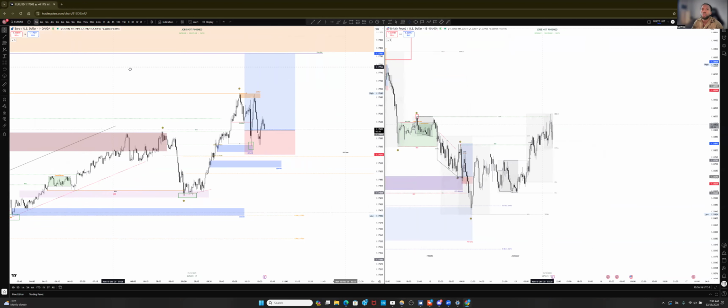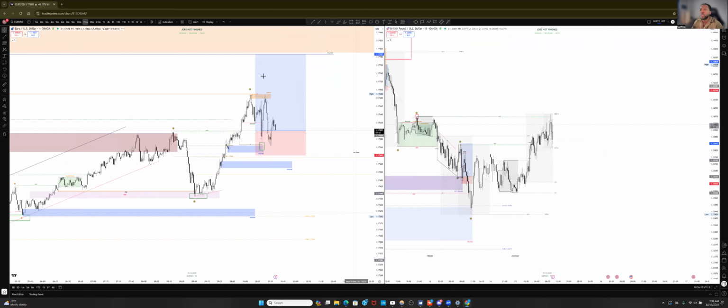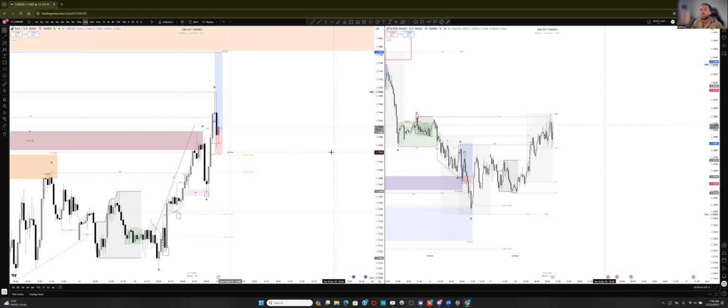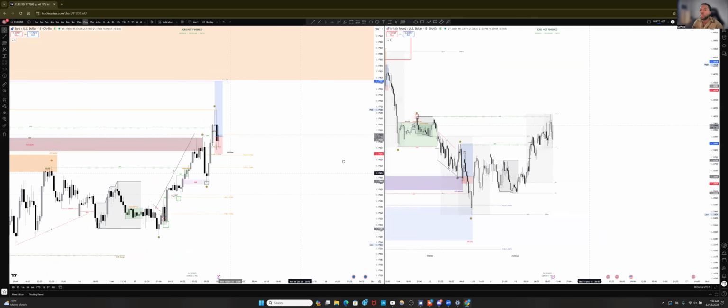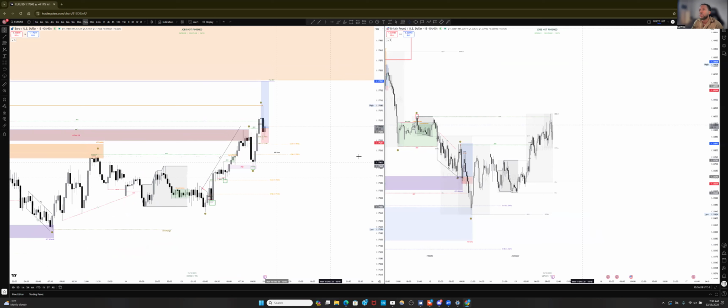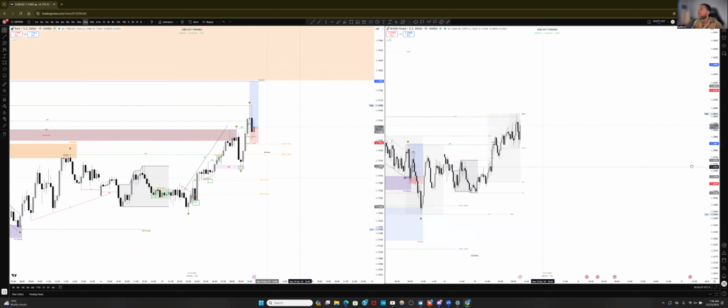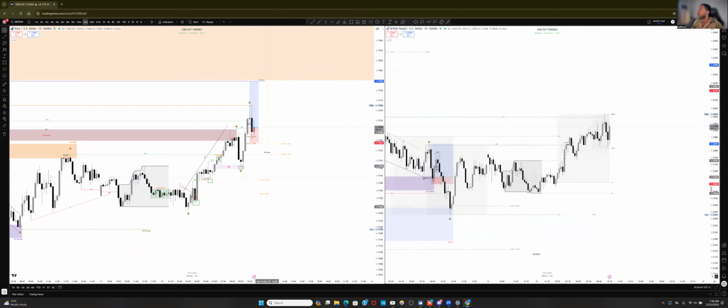Let's see, EU on a 5 minute. This is on a 1 minute, so it looks like a lot of choppy action. On a 15, similar to GU, the 15-minute time frame. When you look at it on the 5 or the 1 minute, it looks like a lot of price action. I like to watch on the higher time frame to get more clarity.